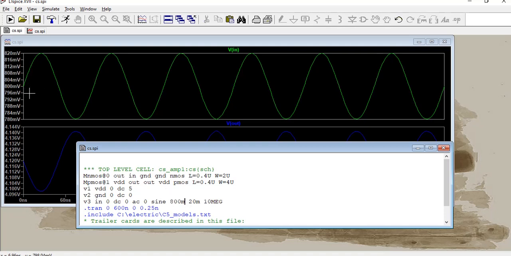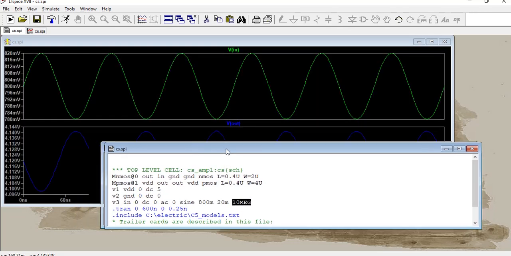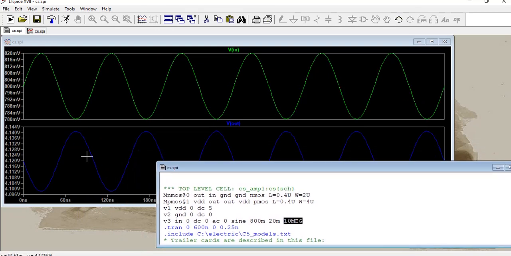Which means start the waveform at 800 millivolts, which you can see over here, and this 20 millivolts indicates when you start at 800 millivolts, go up to 820 millivolts. That is, 20 millivolts is the amplitude. As you can see over here, 20 millivolts, it is reaching the peak. So the peak voltage is 820, adding 20 to this 800 millivolts, and this 10 MEG is the frequency, that is 10 megahertz. So if I consider one sine waveform which is over here,